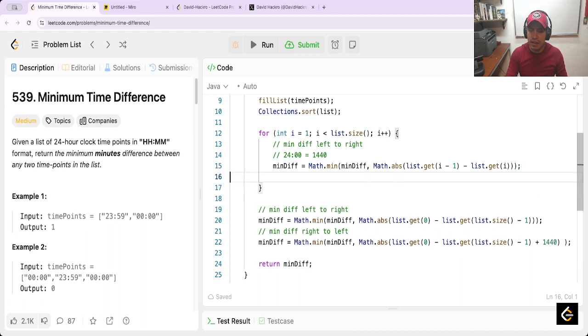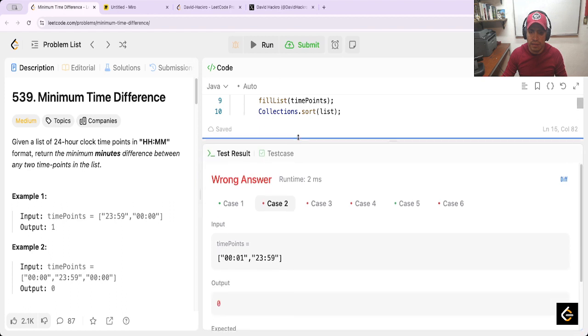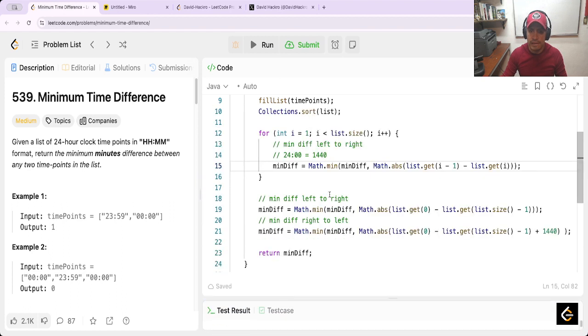I think that here this is not necessary, because we are calculating the first with the last, the first with the last. Okay, it's only in this case, in the last scenario, where